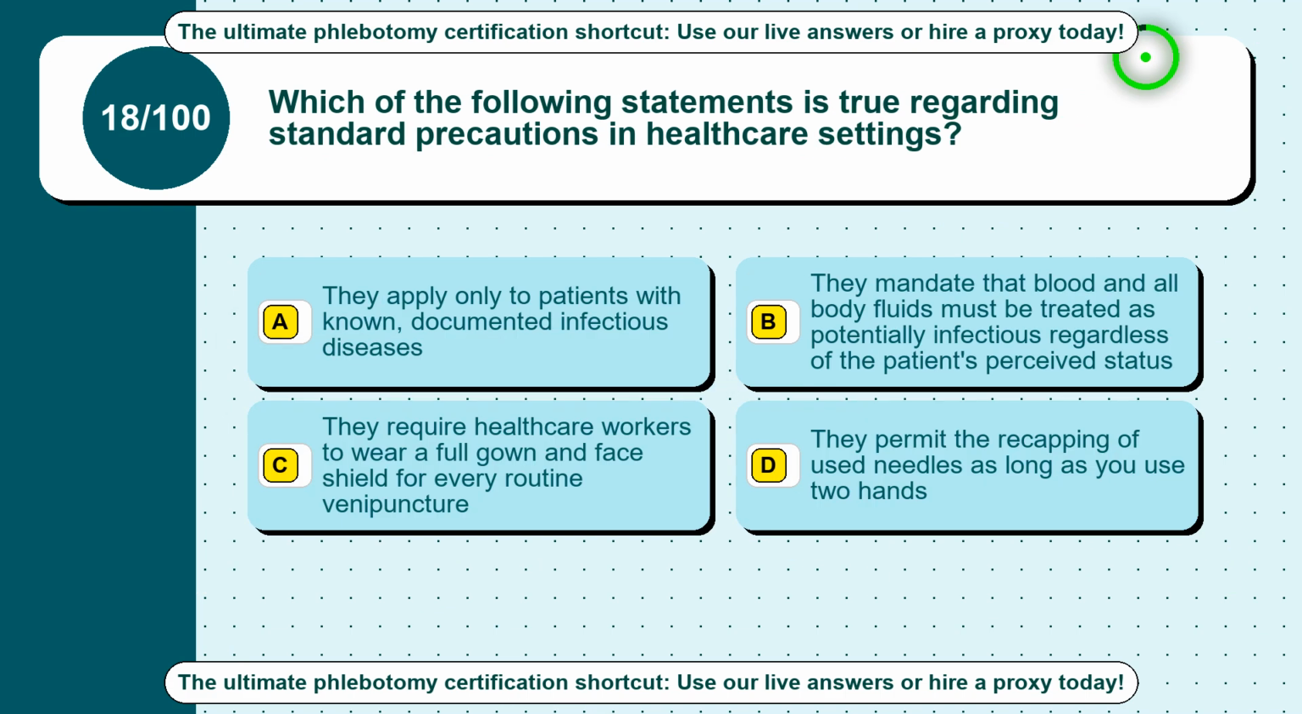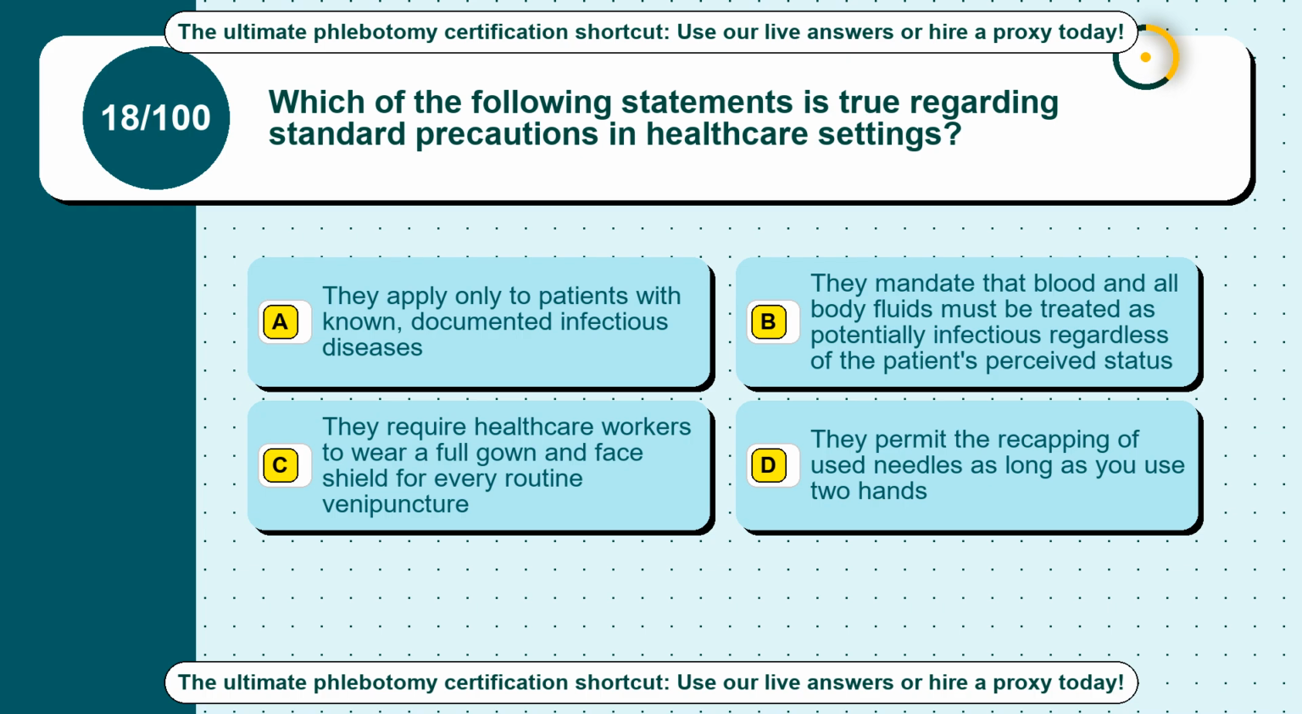Question 18. Which of the following statements is true regarding standard precautions in healthcare settings? Option A. They apply only to patients with known, documented infectious diseases. Option B. They mandate that blood and all body fluids must be treated as potentially infectious regardless of the patient's